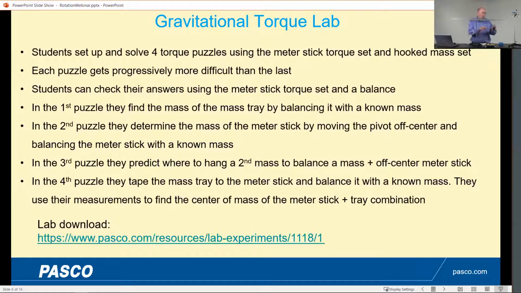So this first one, I'm going to put a mass hanger at 90 centimeters. And from this, we're going to hang an unknown mass. I'm going to be using our hooked mass sets. So I picked the tray that the masses come in as my unknown mass, but this could be anything, something that offhand students wouldn't know the mass of. You wouldn't want to use a standard mass. And then I'm going to balance it on the other side with a known mass,